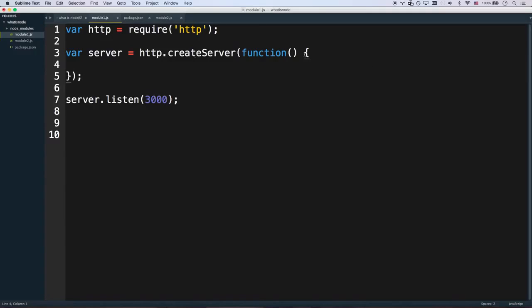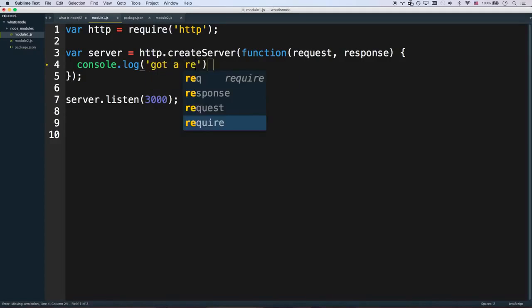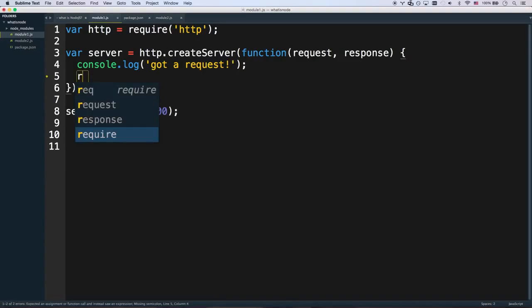Make this a little bigger here. So now I'm going to create a web server, and that web server will get a request and response. And so whenever I get an incoming request on port 3000, this function will fire. And I get to access what they're requesting, and I get to actually make a little response. So what I'm going to do is console.log, got a request. And I'm going to do response